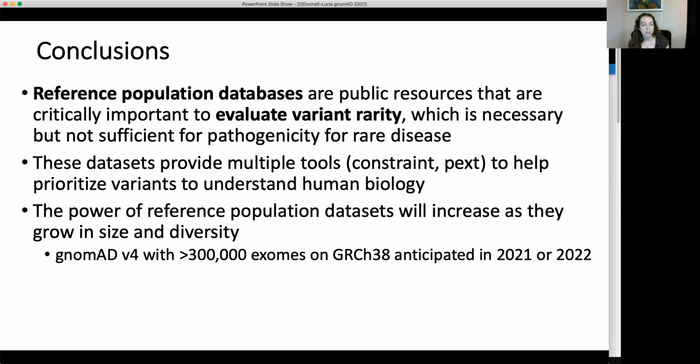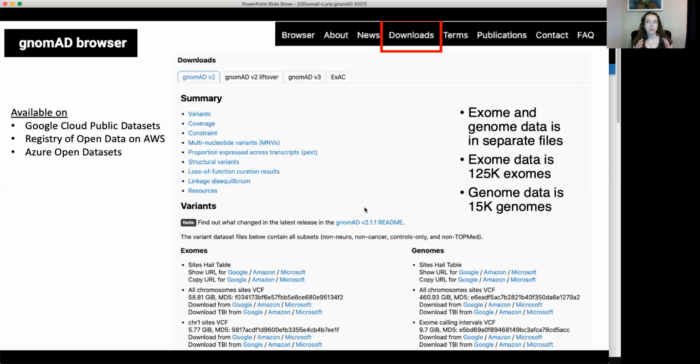gnomAD v4, we hope to have possibly later this year or in early 2022, which will have over 300,000 exomes and will be on genome build 38 and continue to incorporate the genomes that we have today, and we'll be growing that over time also. So I've shown you how you can access this data through the website. You can also download the entire data set or incorporate it into your pipelines. We've made it available along with partnerships from Google Cloud, Amazon AWS, and Azure to host these data sets in open, accessible places. And so you can go to the gnomAD page and just go to the downloads subpage, and